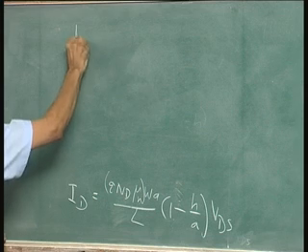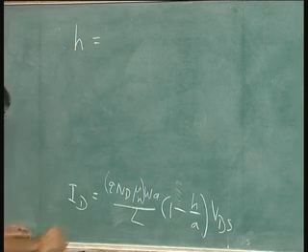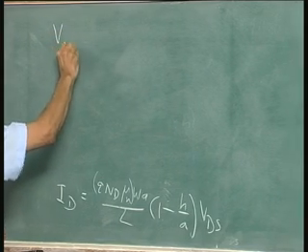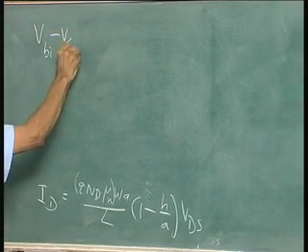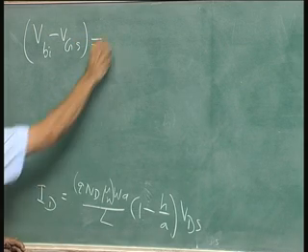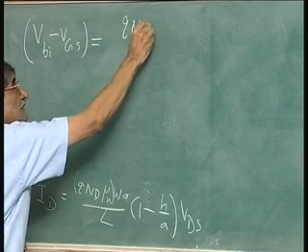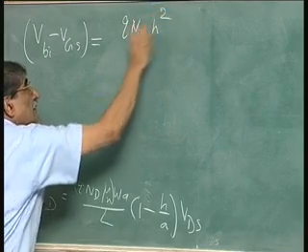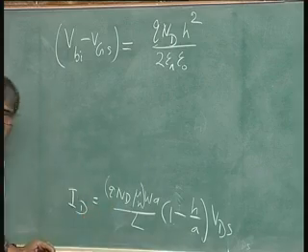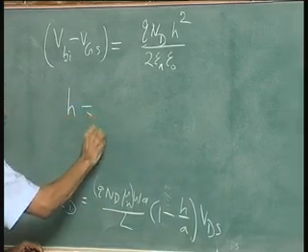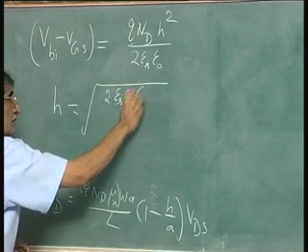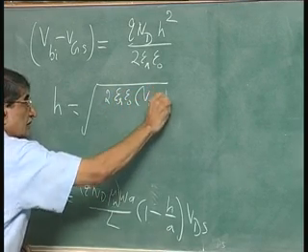We have seen that H is equal to, we have seen V B I minus V G S is the total potential across the depletion layer, which actually is equal to, I think I should retain this term, correct. So, H is actually equal to root of twice epsilon r epsilon 0 V B I minus V G S